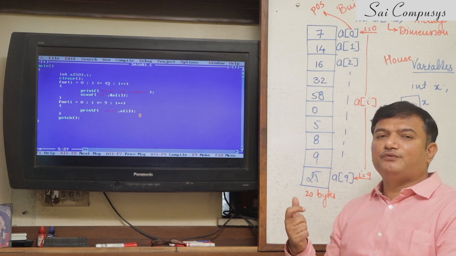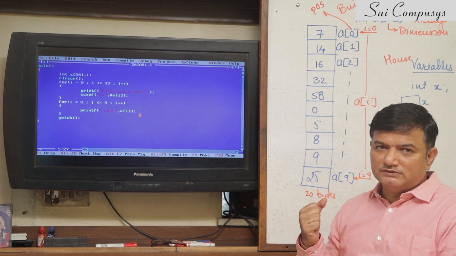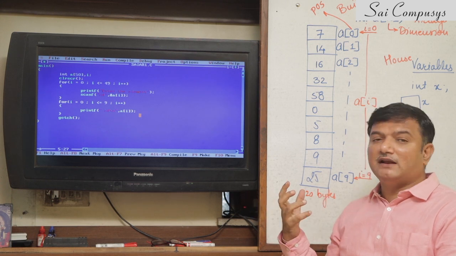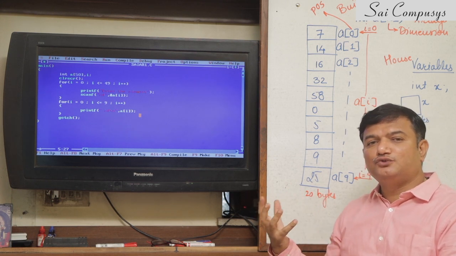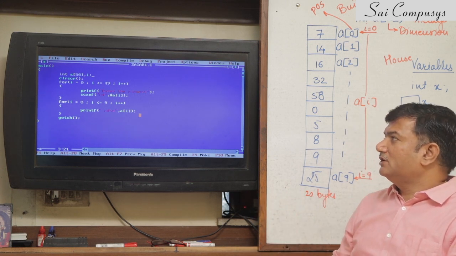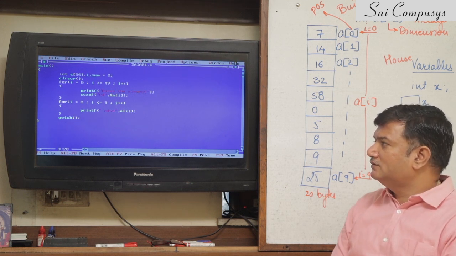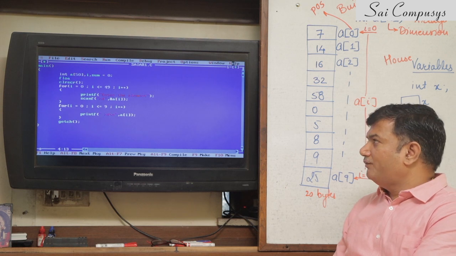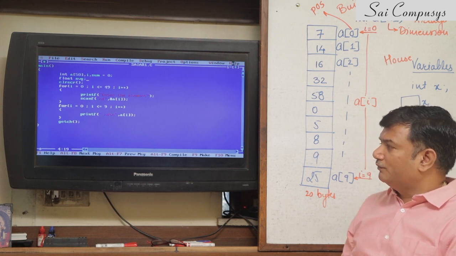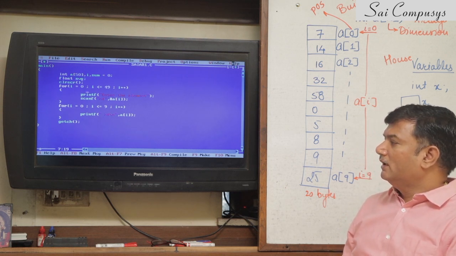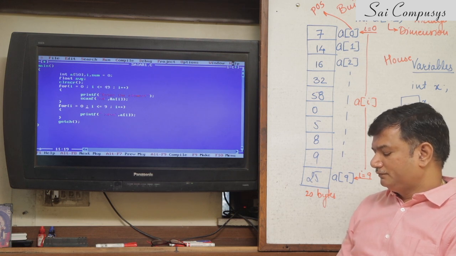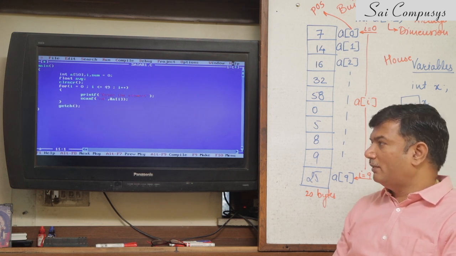Suppose someone asks me to find out the average of these numbers. Now to find the average, I'll have to first add the 50 numbers that are stored in the array. So for the summation part, I'll define a variable over here, sum, with initial value 0. To calculate the average, I'll have to define an average, which obviously will be a float value. Now, what comes to your mind?